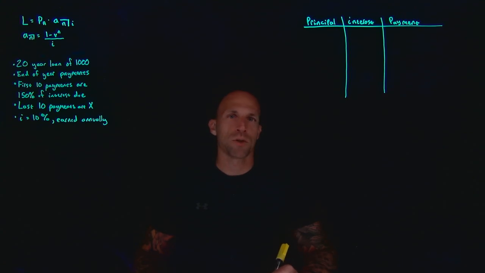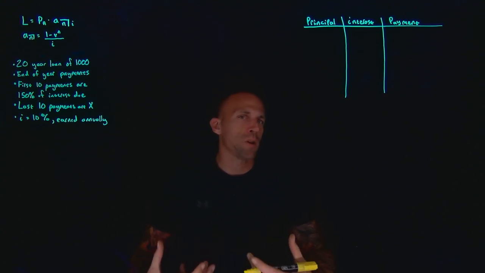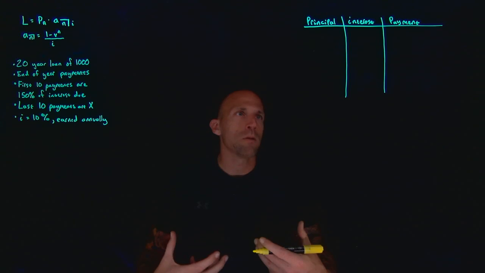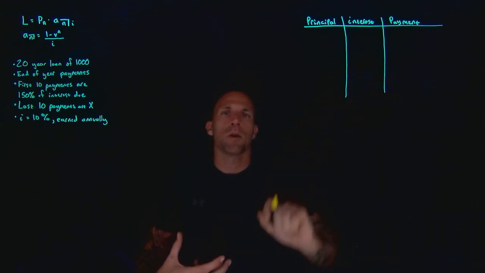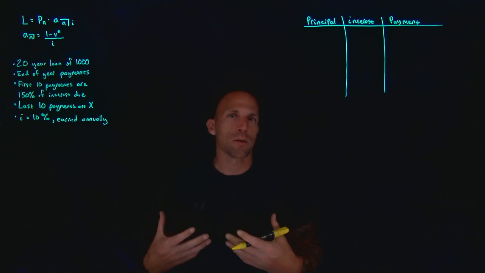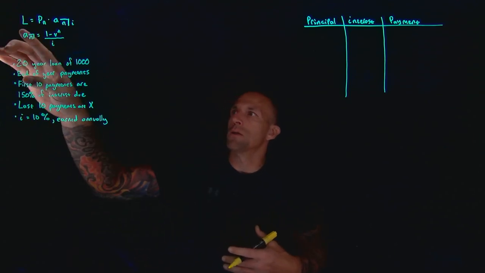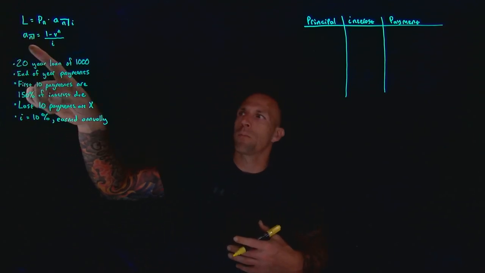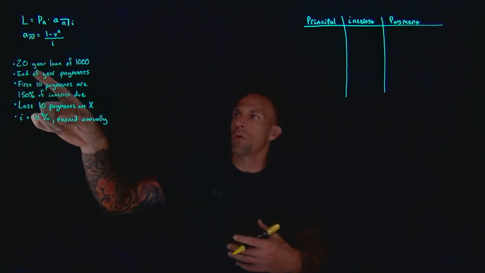This is problem number 6. It's a fairly straightforward problem, but there is a wrinkle. So I'm going to do some extra work here to try and provide some context to what's already in the answer key. So here is our loan repayment formula, the present value of an annuity, and we're told we have